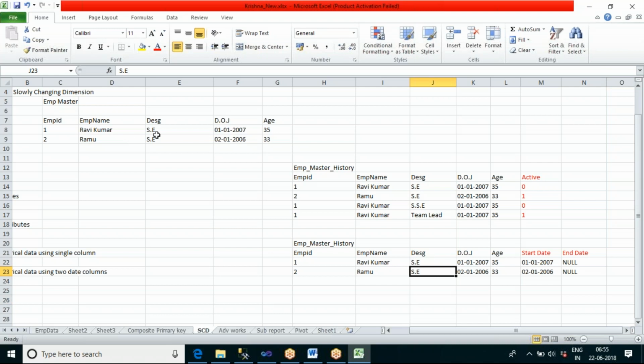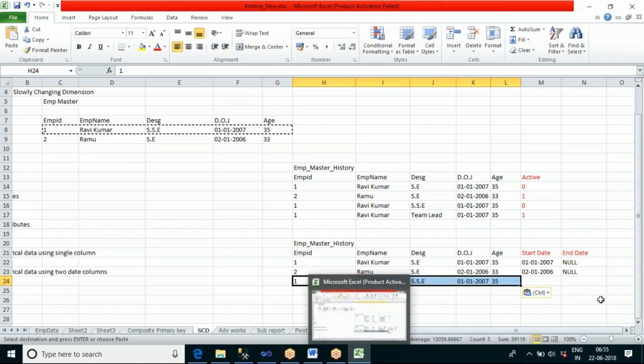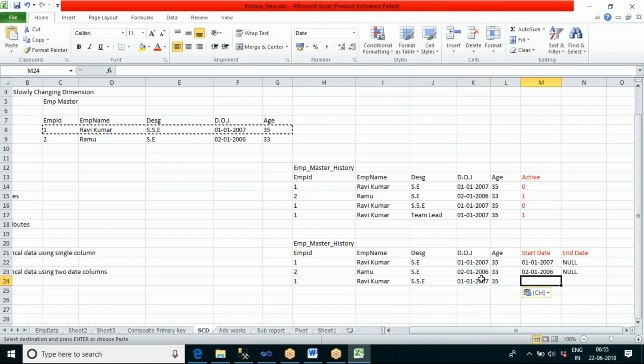Now, when the first employee gets promoted from software engineer to senior software engineer, I will have a record in the history table also. Okay, and let us say he got promoted in 2009. He joined in 2007, no?